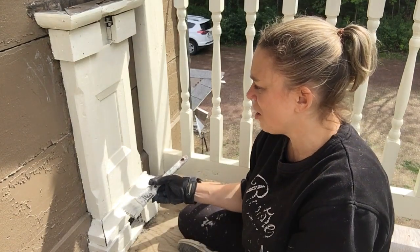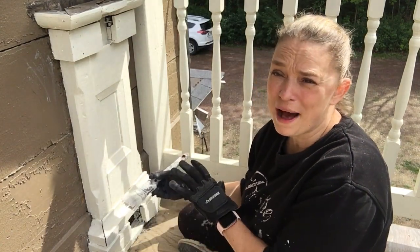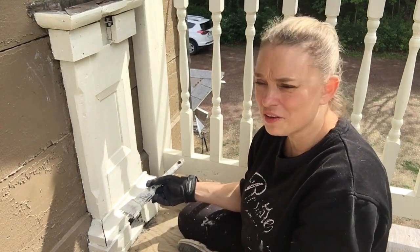Now it's been cleaned up and repainted, and like I say, it's just nice to have something from the old balcony still here. So I'm going to get to work on the other one at the other end of the balcony,